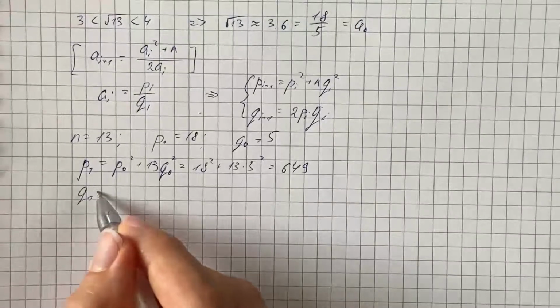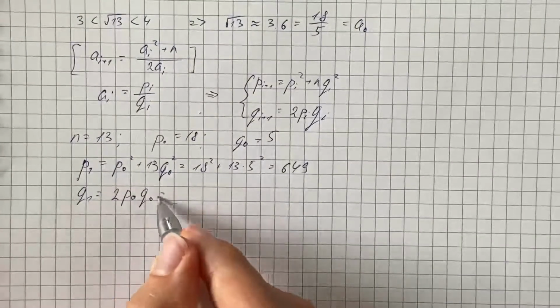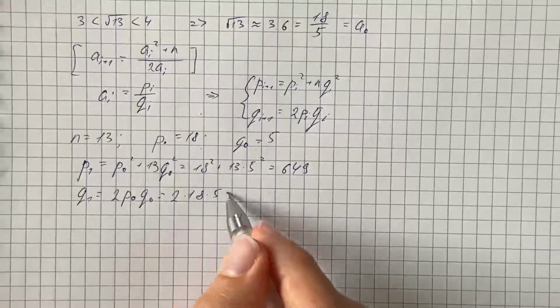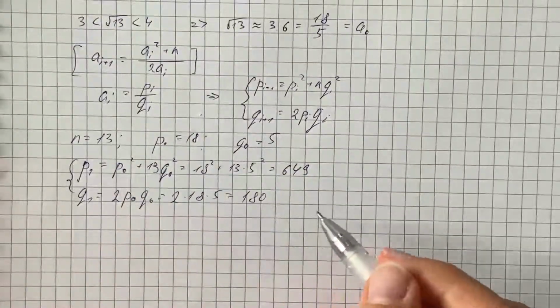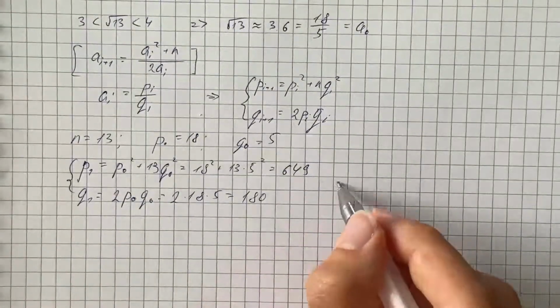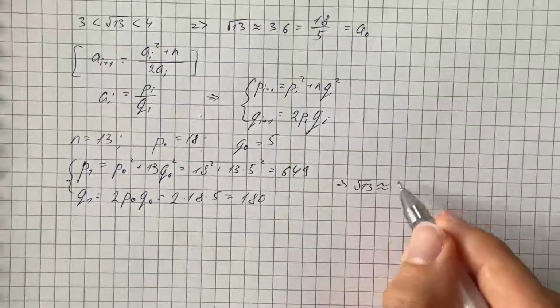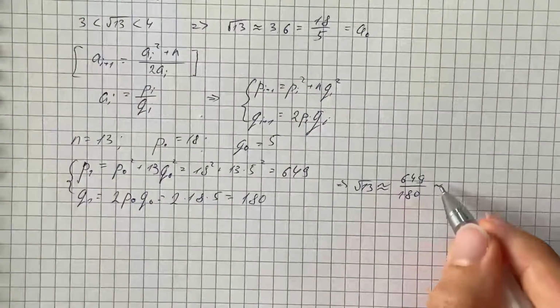For q1, we get 2 times p0 q0, and that's going to be 2 times 18 times 5, and therefore we get 180. So if we stop here, our approximation would be that square root of 13 is near 649 over 180, which is